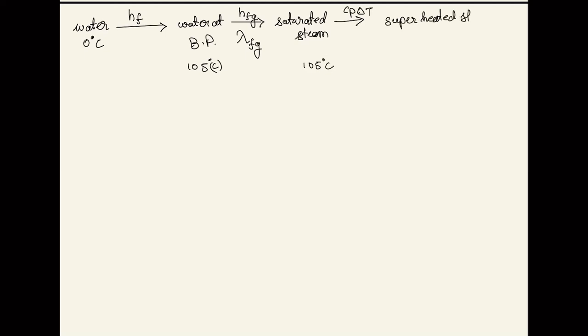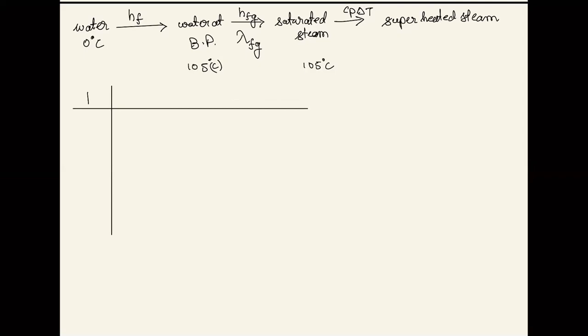Alright, so these are all the energies that are there. In some applications in your future you might be using superheated steams. For calculating that, first the steam will give away Cp delta T, then it will give the lambda Fg value, then the HF value. Now in the steam table, in the specific enthalpy column, let me just draw it over here.